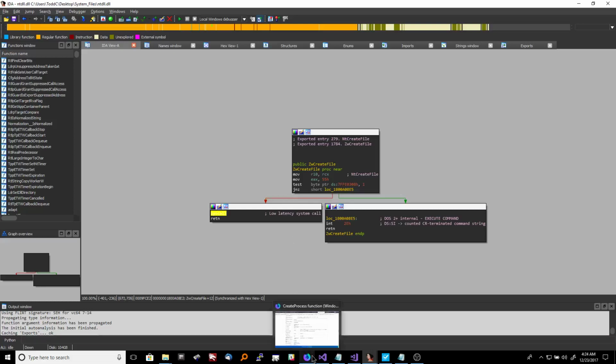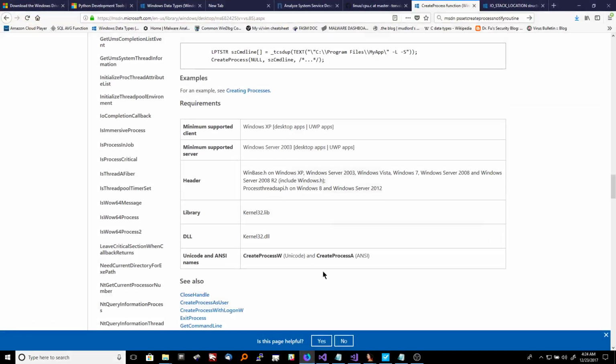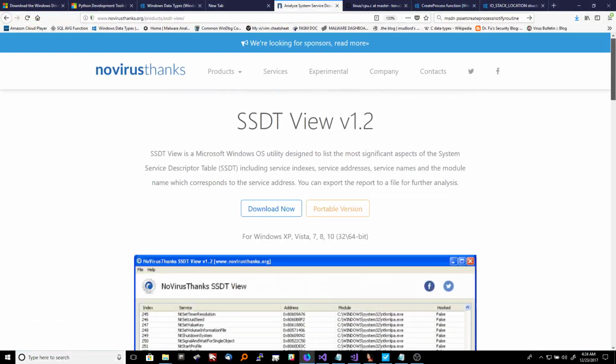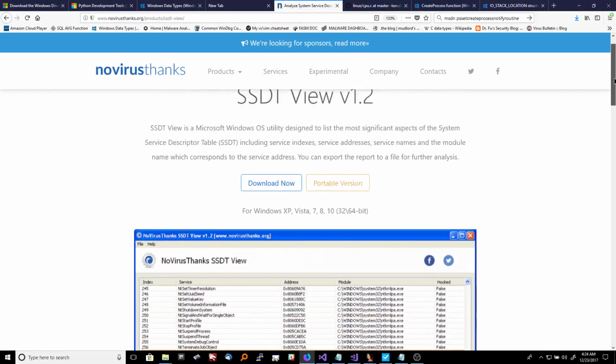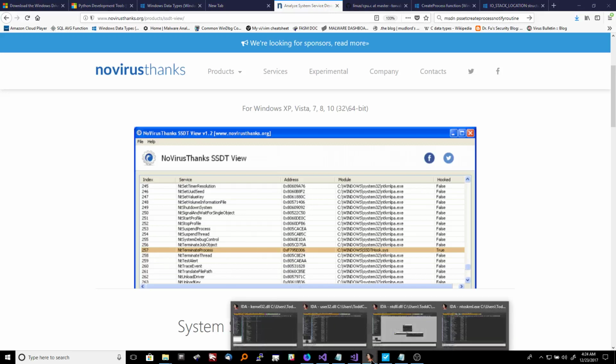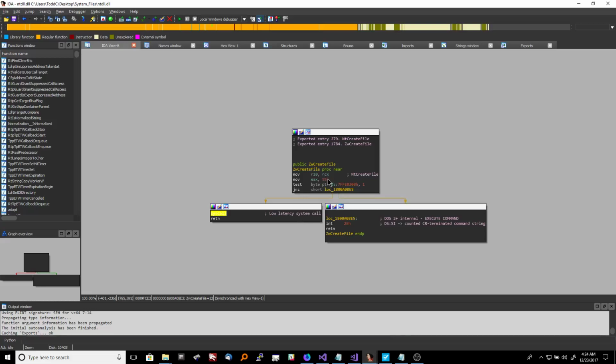I wanted to find the list of functions to show you, but I couldn't find them right now. I know I have them somewhere. So I ended up finding this page for this program, which I've never used before, so I can't really recommend it. But apparently this program shows you all of the functions in the SSDT. Let's take the example that they show here. For NtTerminateProcess, it's index number 257. So if you were looking at a call to NtTerminateProcess from inside ntdll, you would see